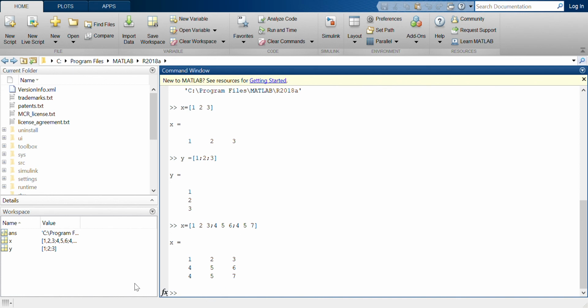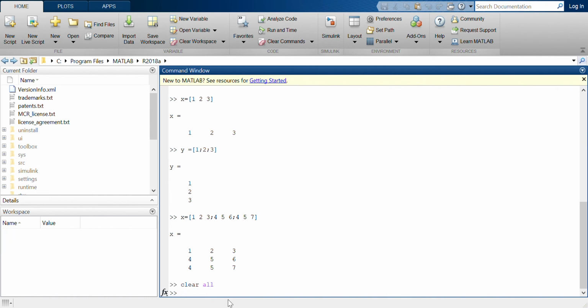Now all the variables are displayed in the workspace. Suppose you want to clear the variables, the command to be given is clear all. Once you give clear all, the variables will be cleared. Now if you want to clear the command window, the command is clc. So this will clear the command window.